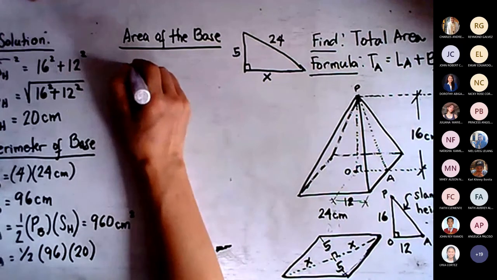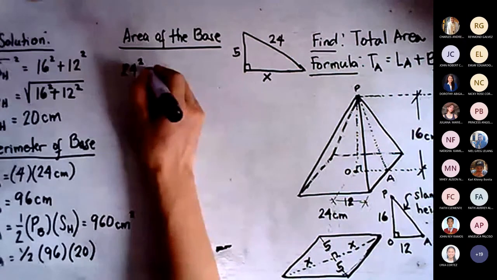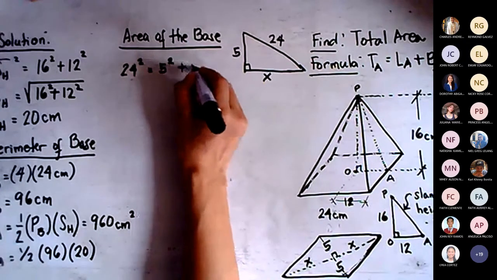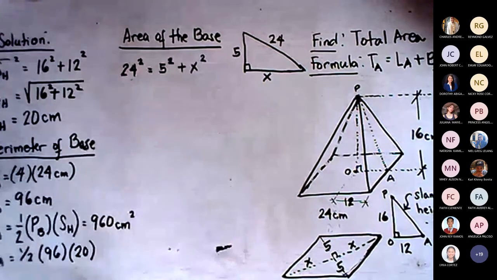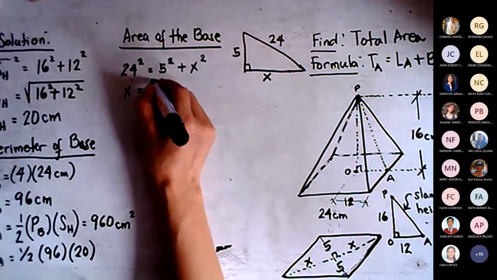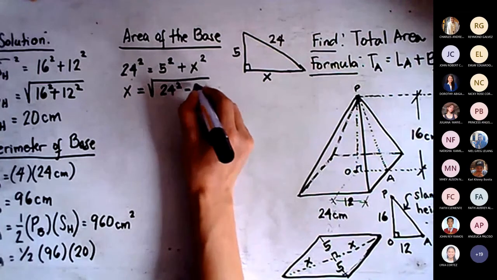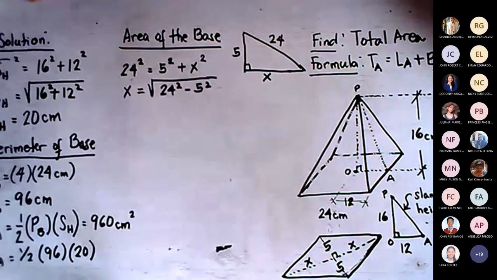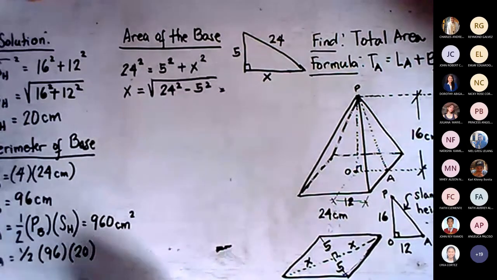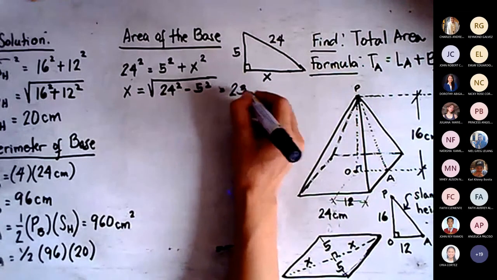Again, by the Pythagorean theorem: 24 squared is equal to 5 squared plus x squared. If you would like to determine the value of x, that is simply equal to the square root of 24 squared minus 5 squared. So that we will have the value for x equal to, kindly calculate if you have the same value as I have computed,